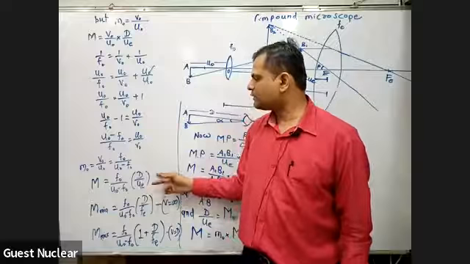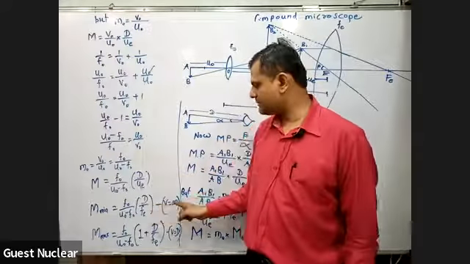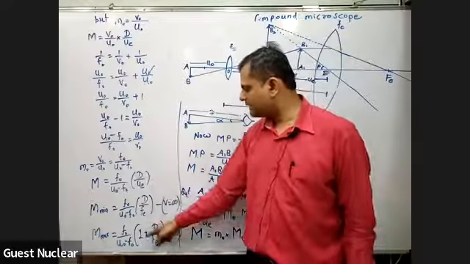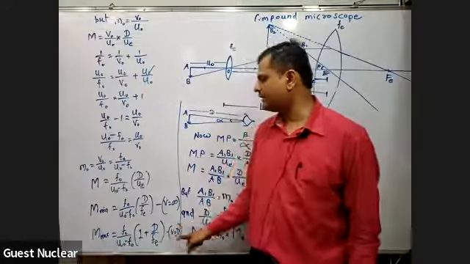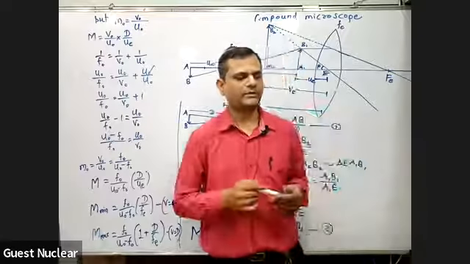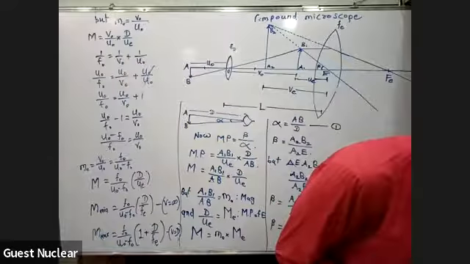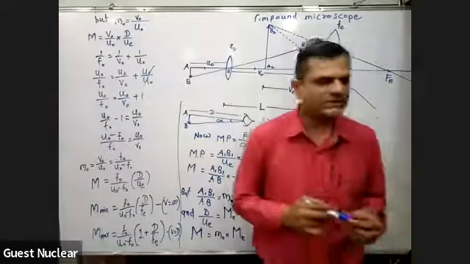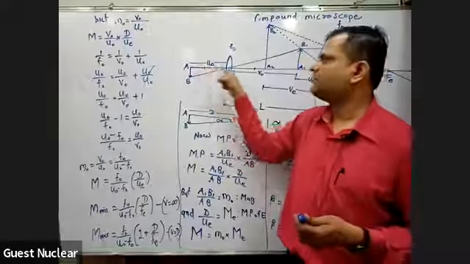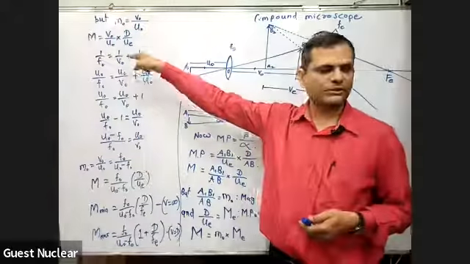But as we already know, this D upon UE can be written as D upon FE as the minimum value, and 1 plus D upon FE as the maximum value. And hence we get the 2 values, minimum and maximum, for the compound microscope. Remember. Yes, Parth, but here since this UO is negative, that's why we have considered it as minus of minus, that's why it's going to be plus.